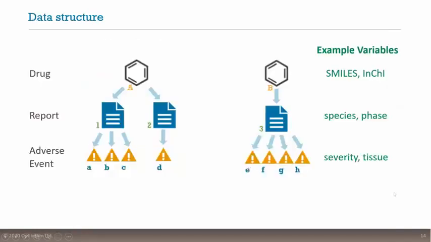We therefore began to consider the data as being composed of three fundamental types: drugs, reports, and adverse events, which are related hierarchically as shown in this schematic. Here in this example, you can see we just have these two drugs, and each of those has some variables associated with them. A drug has a SMILES, which describes its structure, or an InChI key for the same purpose, or an identifier. Each drug then has one or more reports associated with it, and these too are defined by